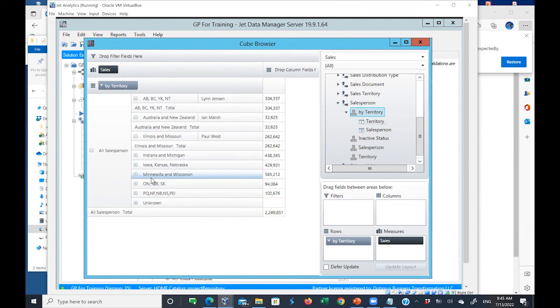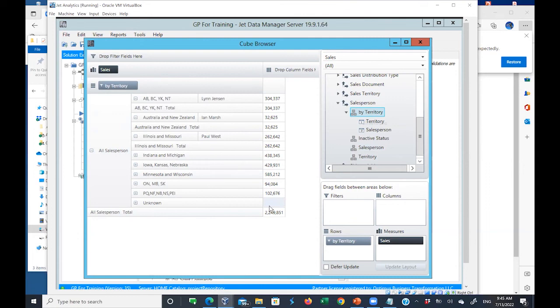You test your cubes by simply right-clicking the cube, which brings up the context-sensitive menu. Then you browse along the list and click Browse Cube, and you will see this cube browser that comes up where you're able to